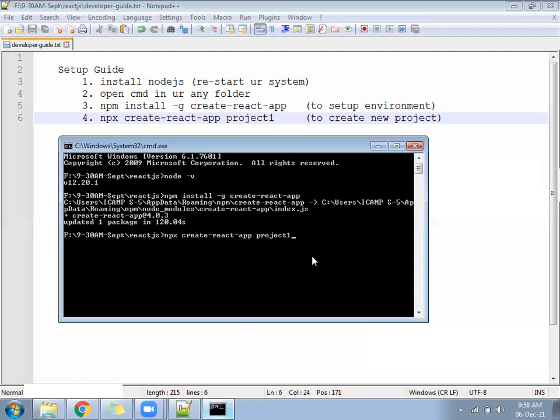So command number 4, execute and check. It may take 10 minutes. This command is going to download many hundreds of files and folders, all the React libraries that are needed to develop a project.